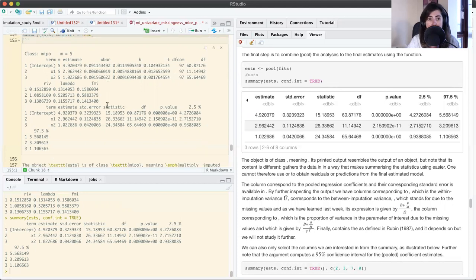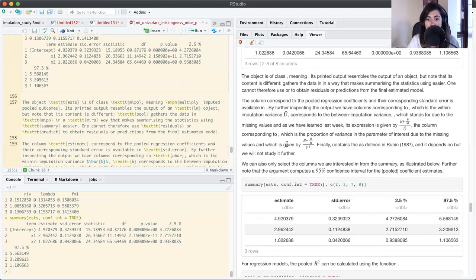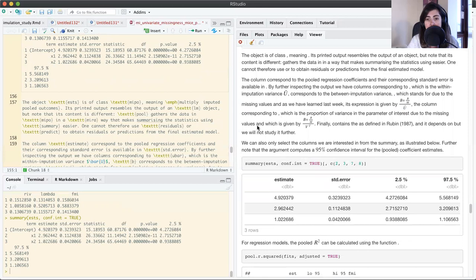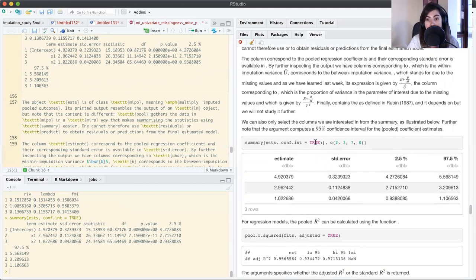And also I can say, for instance, if I'm not interested in all the columns, imagine that I'm only interested in the estimate, the standard errors, and the bounds of the confidence interval, I can just select those columns, so I don't need to look at everything. So what we select here depends on the analysis that we are interested in. I think it's good to look at everything at the beginning, but then we can work with a more restricted